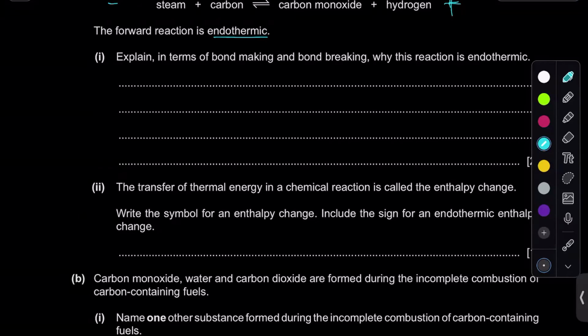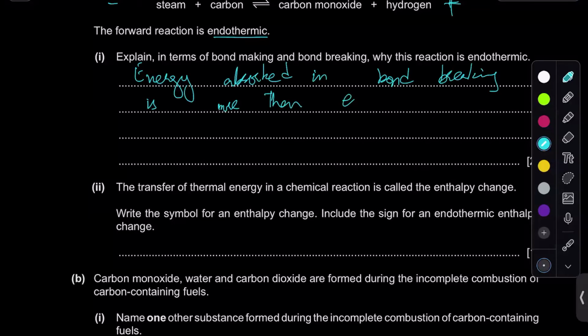So one way to do this would be the energy absorbed in bond breaking is more than energy released in bond